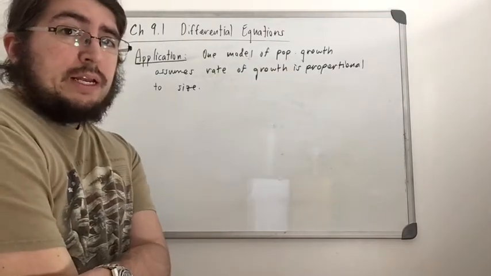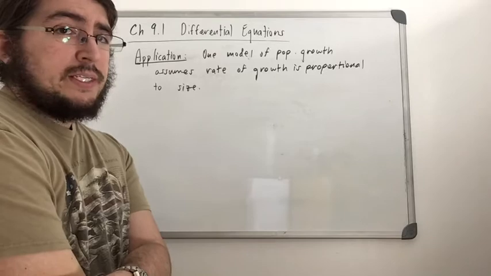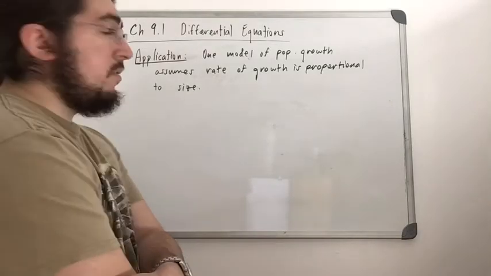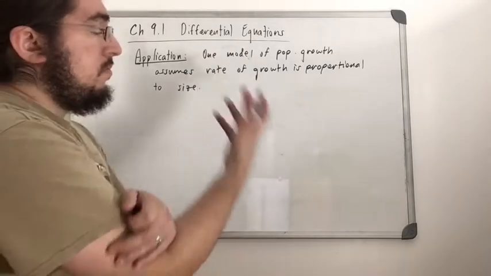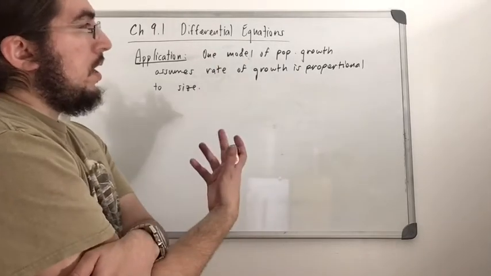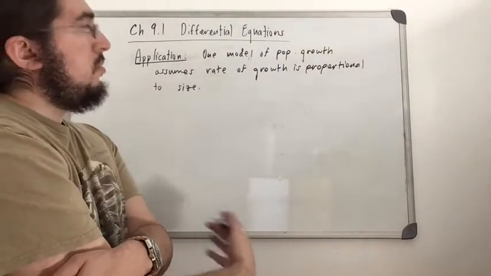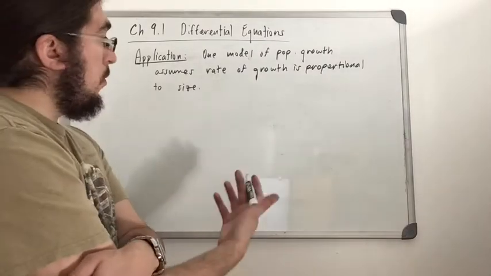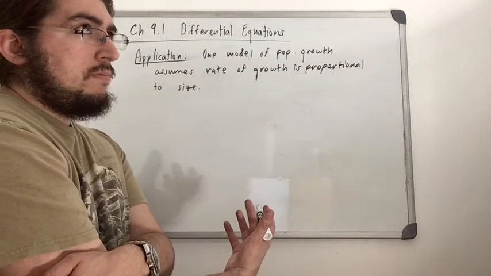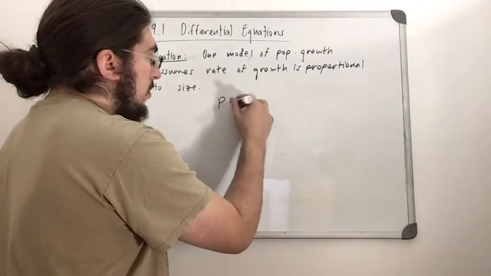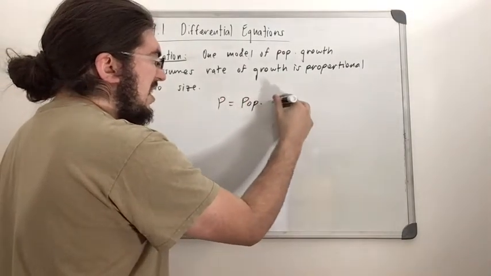Okay, so we'll be taking a look now at an application of differential equations. This one I want to take a look at in particular involves population growth. And here it is said that one model of population growth assumes that the rate of growth of the population is proportional to the size of the population. And, well, if we let P equal the population size,